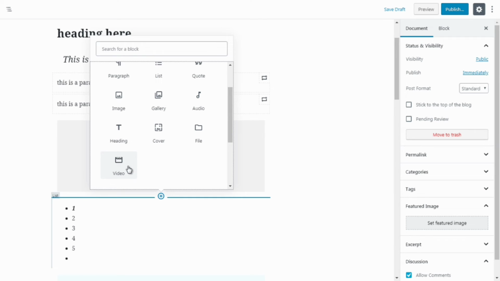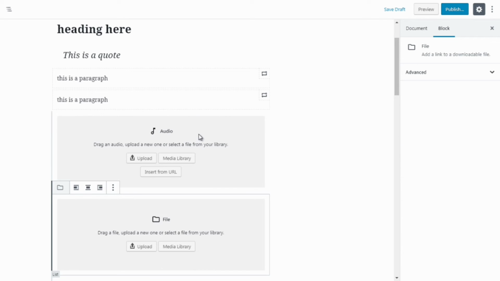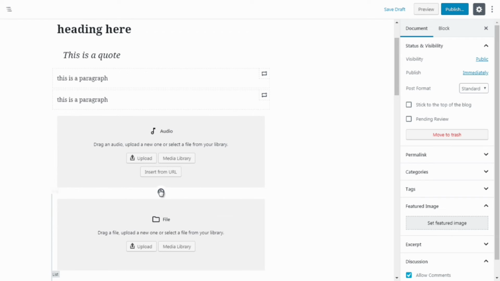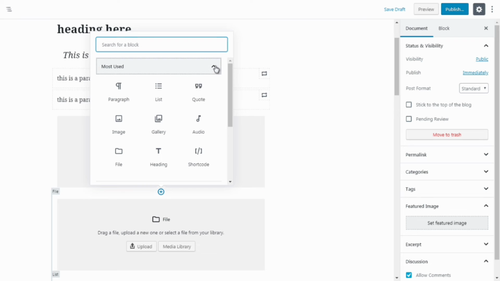You just have to have the video in hand on your computer. You upload it to the media library, or you get the URL. We have file, which is again similar. If you click on file, same thing. Very similar to audio, video, image, and gallery. And of course, the last one